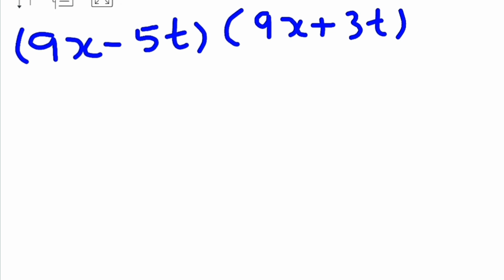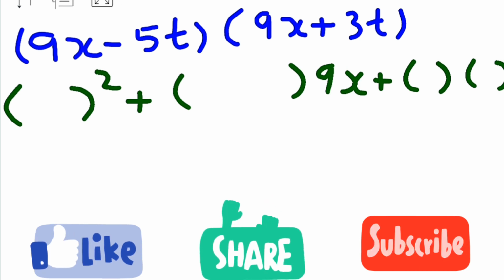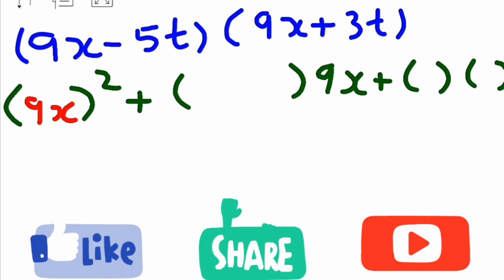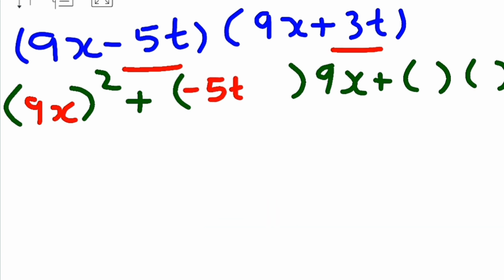Now we will put the formula. What is the formula? x square plus (a plus b)x plus ab. What is the x value in this? 9x. Understanding, children? Plus ab. So we will put the values. This will be 9x. Here it will be minus 5t plus 3t. Understanding, children? Here also, what will it become? We have put the formulas properly so it becomes easy to fill in the numbers. And 3t. Understanding, children? Now we will open the brackets.